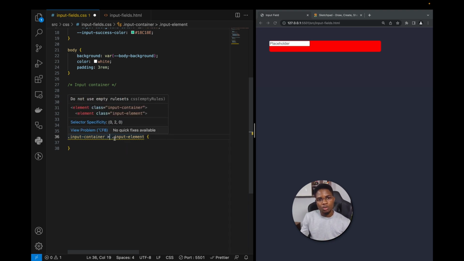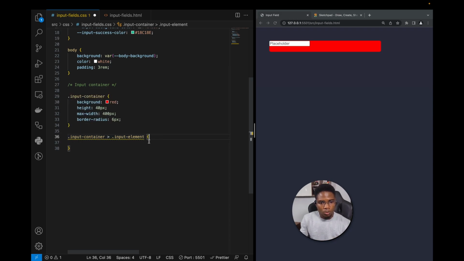Okay, so if you want me to create a tutorial on CSS selectors, you can leave it in the comments and I would do so. So on the input element itself, I want to give it a height of 100%. Okay, so we have the height is full now. I can also give it a width of 100%, but